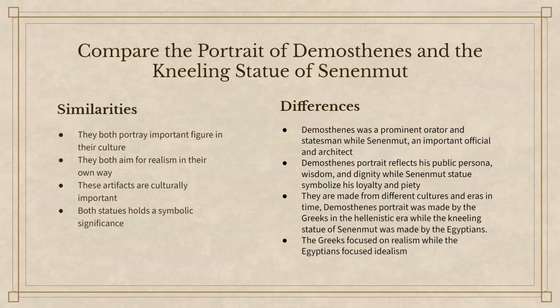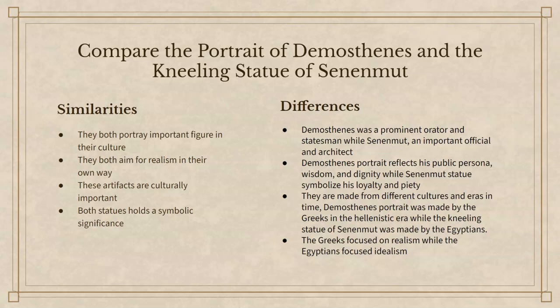Cultural importance of the figures. Demosthenes was a prominent orator and statesman whose intellectual achievements made him an ideal subject for portrayal in Greek art. His portrait likely reflects his public persona, wisdom, and dignity, while Senenmut, an important official and architect, is often depicted in statues, sometimes in a devotional stance, like kneeling. His role under Pharaoh Hatshepsut was significant, and the statue would symbolize his loyalty and piety, highlighting his prominence in